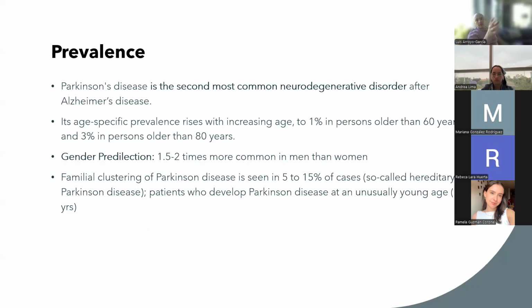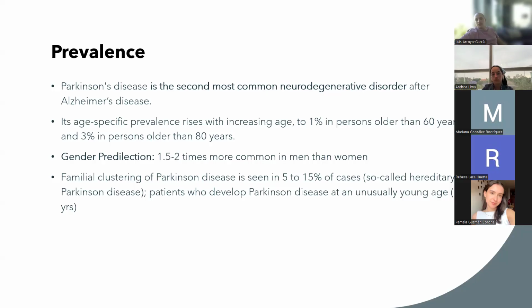If we talk about neurodegenerative diseases, we have the king one, Alzheimer's disease. That is the main one. And then the second most common disorder is Parkinson's disease. It affects around 1% of the people older than 60 years and 3% in the 80s, and it predilects more men than women. If one of your family members has Parkinson's, you have between a 5 and 15% chance to develop it at a young age due to some mutations